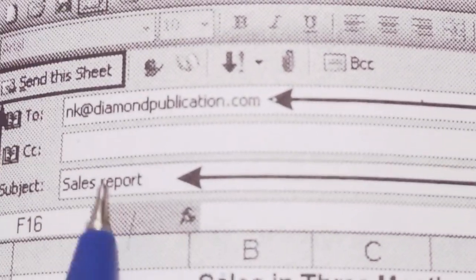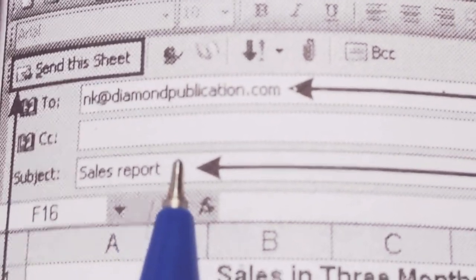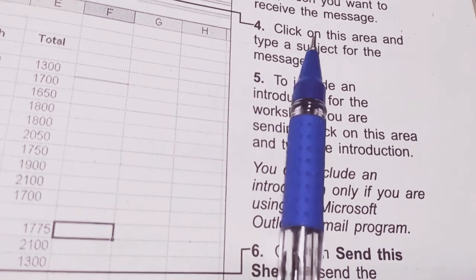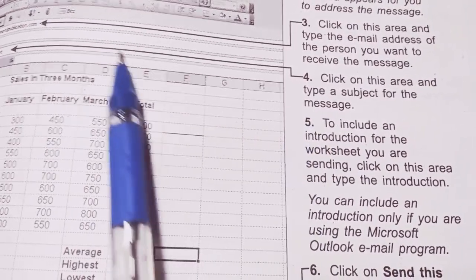If you want to use CC or BCC, carbon copy or blind carbon copy, you can. After that, mention the subject. Click on the area to type the subject message.